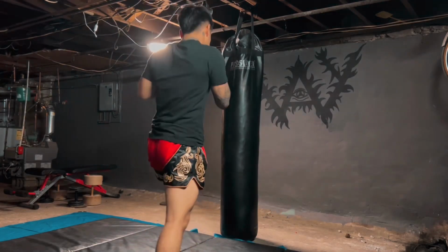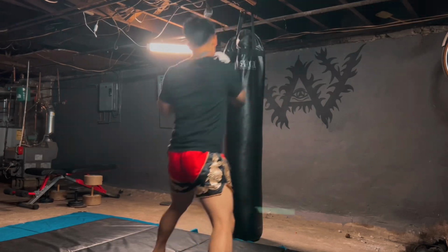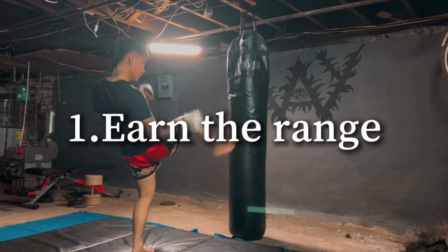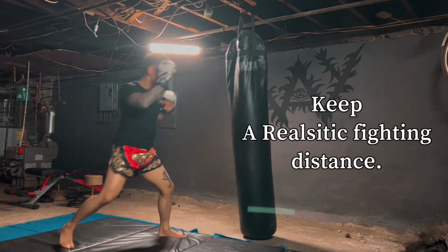All right, so I have 5 tips when hitting the heavy bag that have helped me tremendously when I'm sparring or when I have a fight. So first tip is to earn the range. You want to practice hitting the heavy bag from a realistic fighting distance, making sure that you earn that range